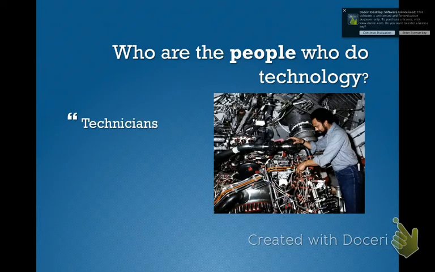Who are these people? Well, there's technicians and technologists. Two types of people. The guy in the photo here, he looks like a mechanic. That is a technician. They are people that do the work. They specialize in the work. So you have your electricians, your plumbers, your carpenters, and like I said, mechanics. There's a lot of people that are very good at what they do, and those are what we call technicians. Technologists are the people who basically study the world of technology. It's your scientists, your engineers. I can consider you guys technologists because you're in the process of studying technology.